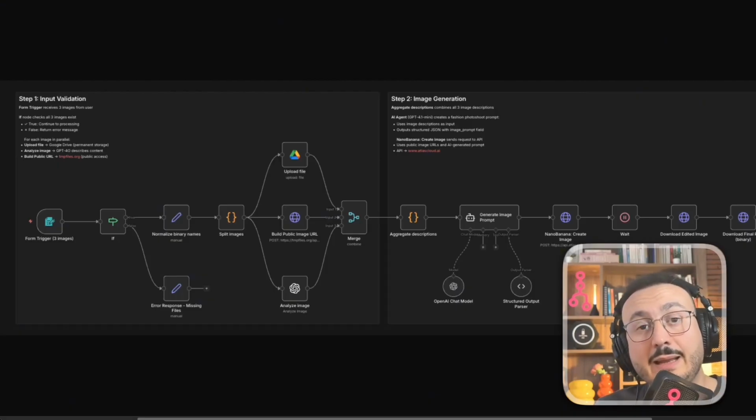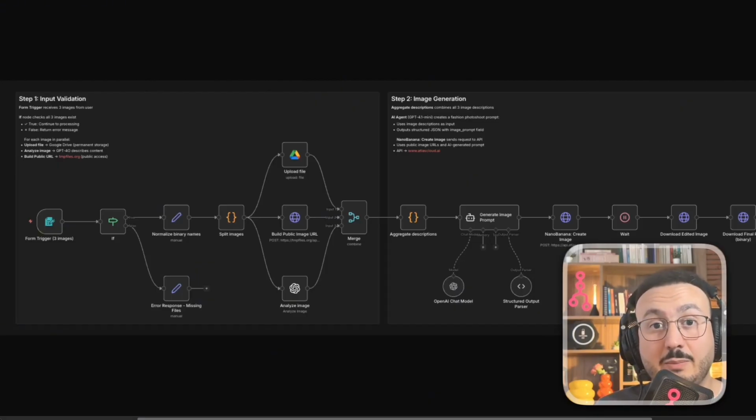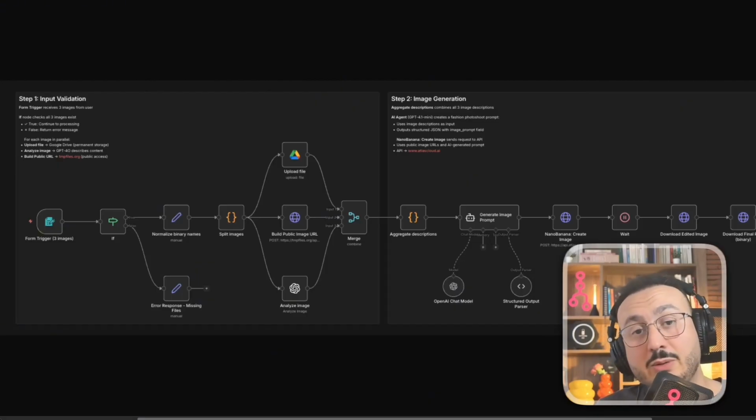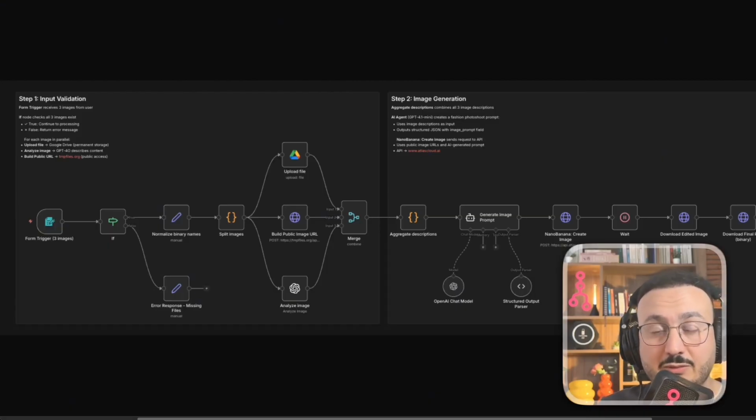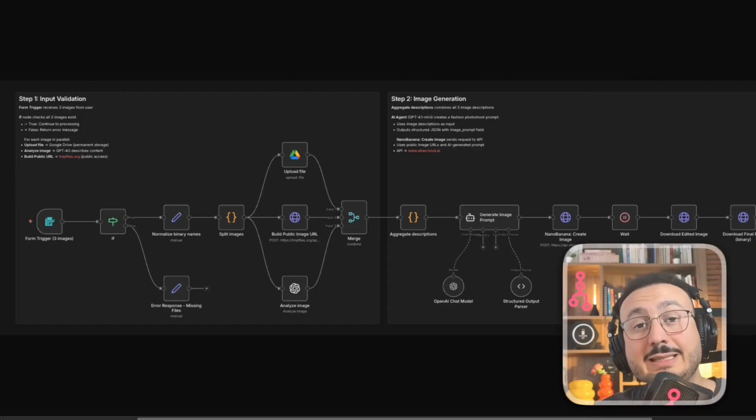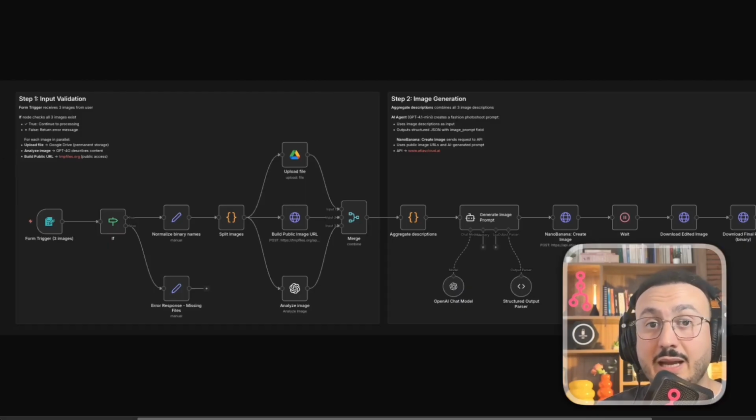Now imagine that I give it access, for example, to Gmail, to Google Maps, to an internal database of my company. If I ask it how long it will take me to get from point A to point B, then it will search on Google Maps because it knows that the information exists there to calculate the distance and give it to me, the travel time, whether by car or on foot. If I tell it, give me all the emails that have been sent by my sales representative, then it will simply understand that it needs to go to the email inbox. And that's actually what makes the difference.